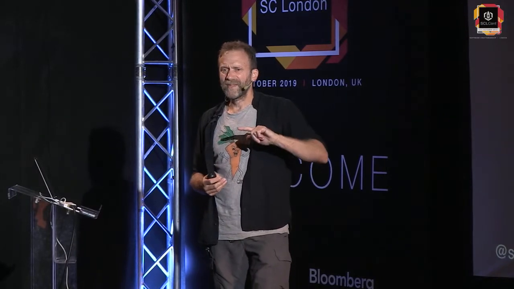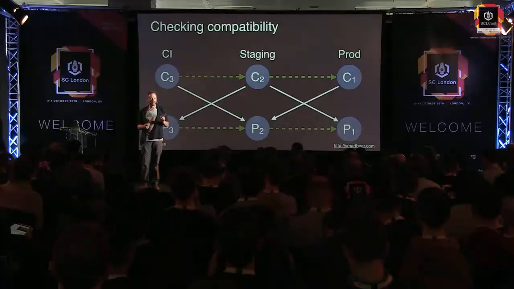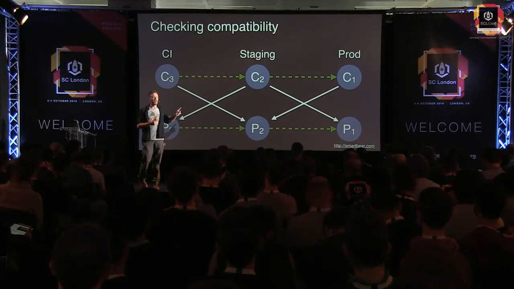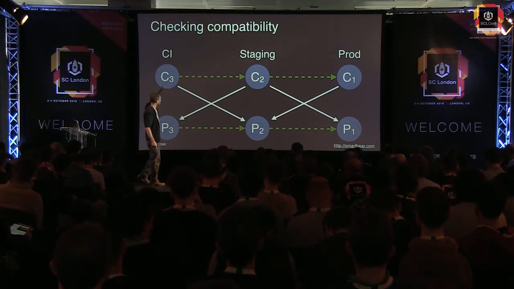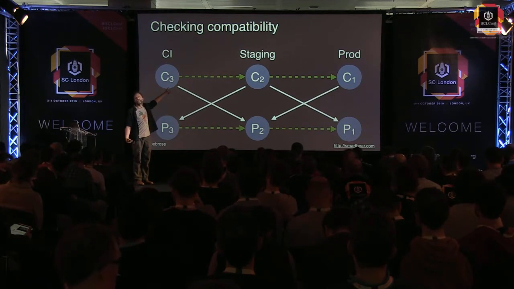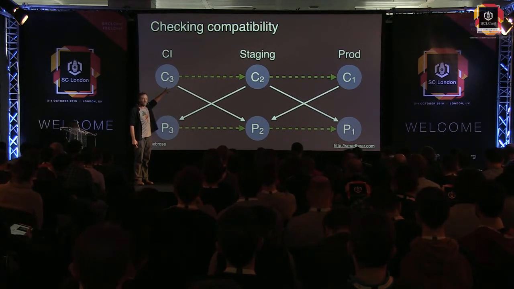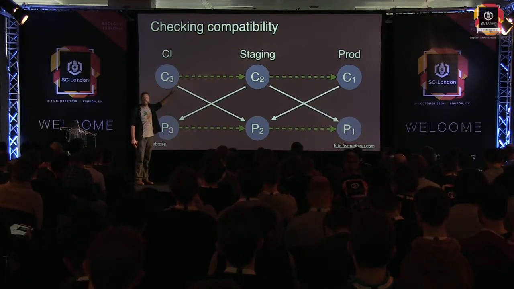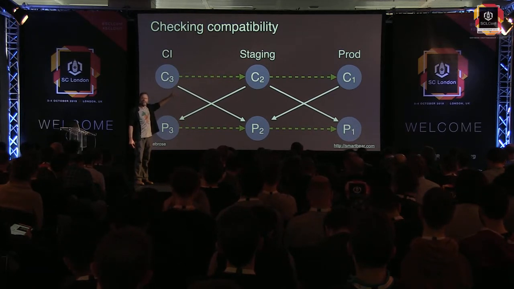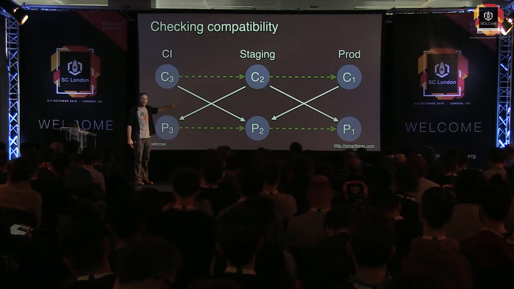150, 200? I'm sure they're not all talking to each other, and not all just dependent on one other service. Your consumer may be dependent on, say, 5 providers. That wouldn't be unreasonable. Now imagine this graph if you have to check against 5 different providers in multiple environments before promoting.